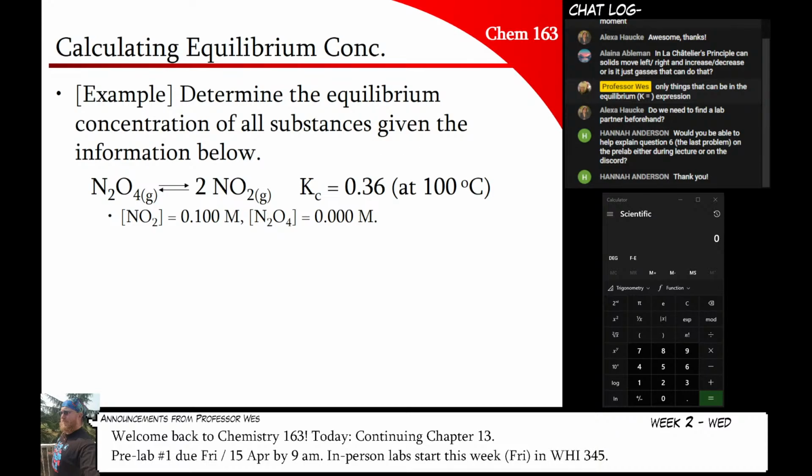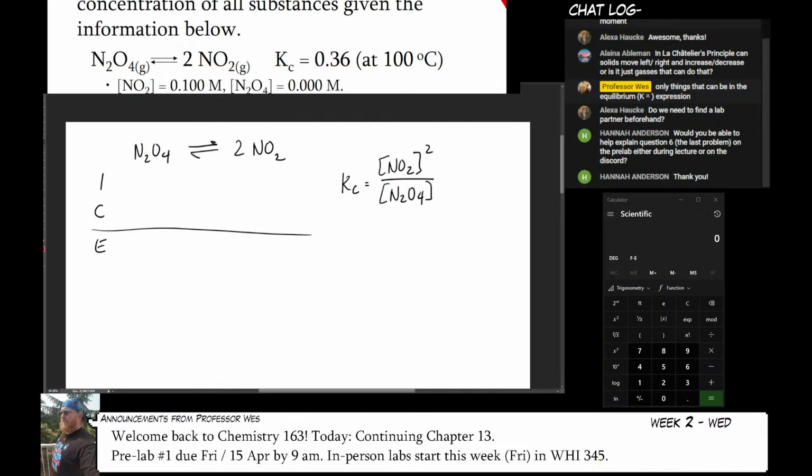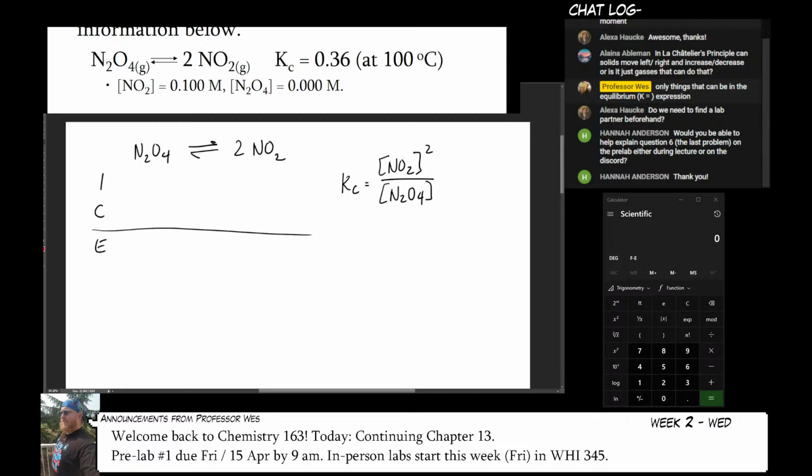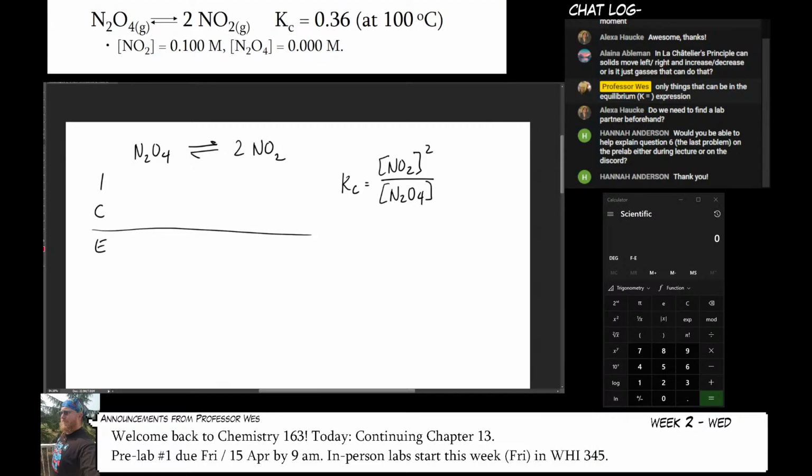All right, so I've already sort of set up the problem here. So there's our reaction, there's our K. So at this point, you definitely should know how to write the K expression at least. So I got products over the reactants, so there's my 2, so that's going to be a squared. I got N2O4 that shows up on the bottom. We're all set here to start this problem. So I'm going to fill in the numbers, and you're going to notice that I gave you a product and not a reactant, right?